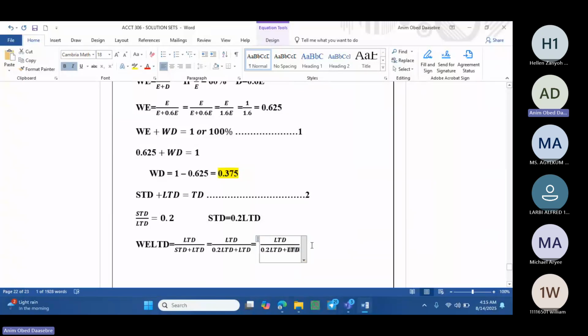So we are going to get 1.2 LTD. Then the LTD, long-term debt, will cancel themselves out. So we are going to get a final answer as